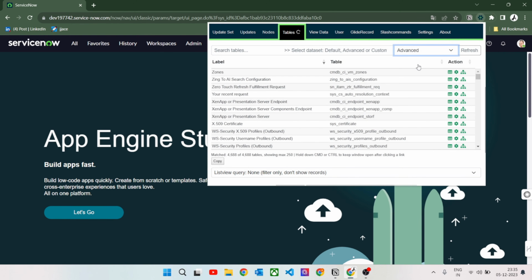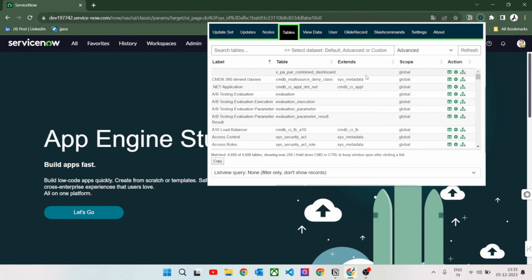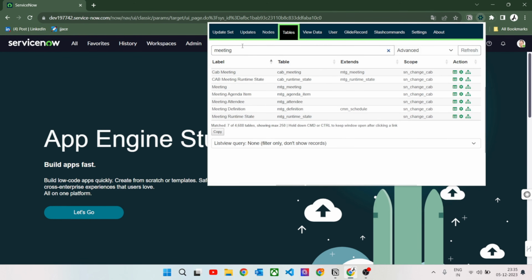The reason for it is, if you select the advanced option, it will give you some additional information, like which particular table it extends to and what is the scope of that particular table. So for instance, if I want to search meeting, okay, it shows all the tables, and you can see SN cap meeting. So if I want to search in this particular scope only, what all tables are present, I can simply copy